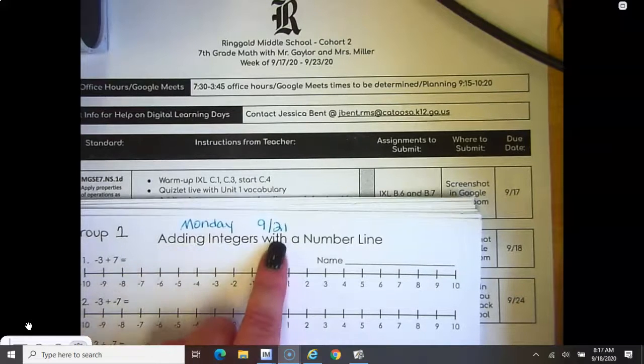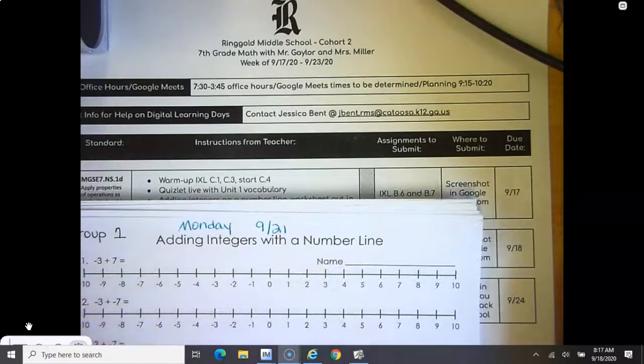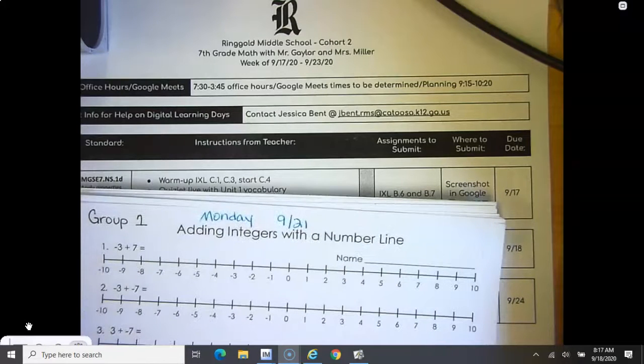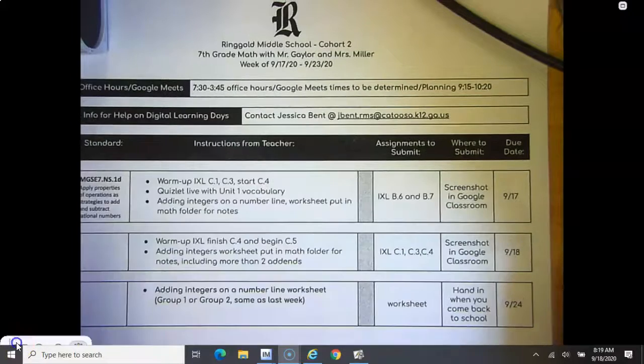So Monday 9/21 and put your name. Doesn't matter which group you're in. You are still doing it on Monday. Everybody has their worksheet. Anybody that does not have a number line worksheet. All right, so let's